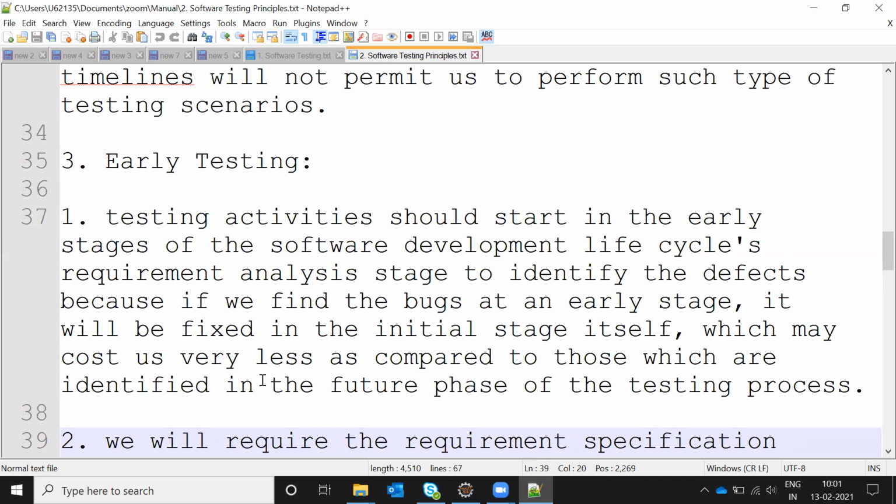In that requirement stage only, we need to find what can be tested and what exactly it will give, and fix those things before coming to the testing side. Then the BA will modify that entire document and give the proper identification, which will reduce the defects and also the cost. If we find defects after testing and giving it to production, the cost will increase, and we need to decrease the cost of defects.